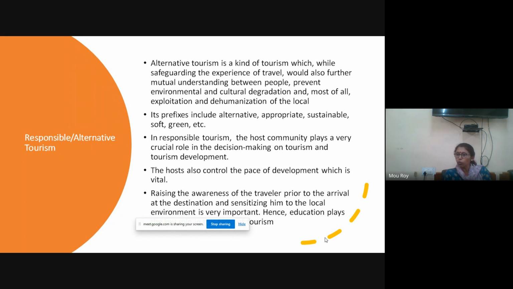You have to clean your own dress, your own outfits. And before you leave that place, before you do the checkout, you have to ensure that it is cleaned. So this sensitization has to be properly carried to the tourists visiting. Then only can it have a positive impact. So education plays a very important role over here.